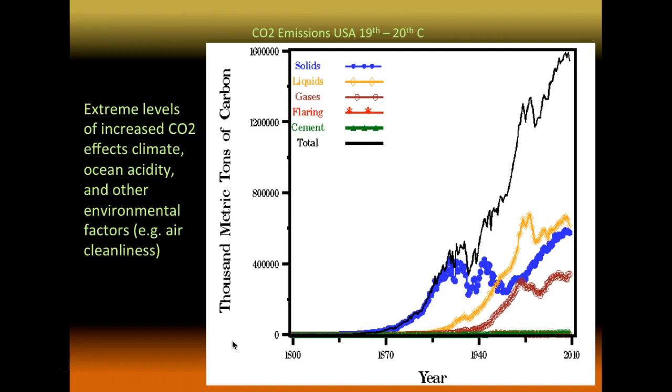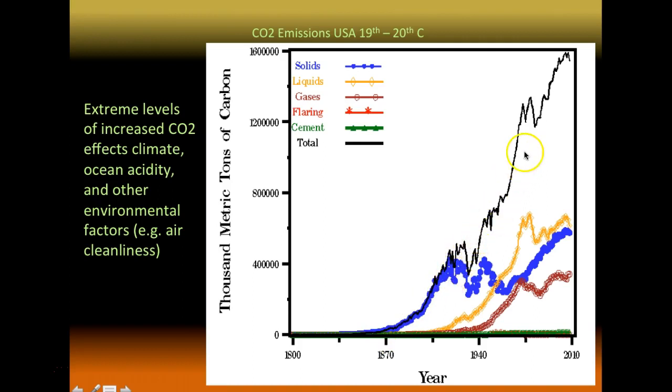This graph shows the carbon dioxide emissions in the United States in the 19th and 20th centuries, so the 1800s and 1900s. You can see in the 1800s down here, there is very, very low pollution, and starting around 1870-ish, when the Industrial Revolution starts to happen, it starts in Britain, but it moves towards the United States. It starts in Britain in the 1760s, 1770s, 1780s.